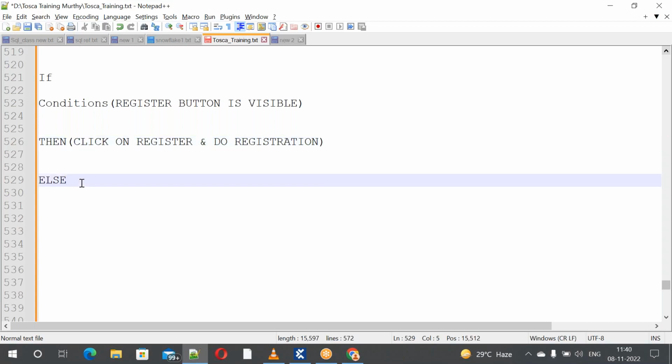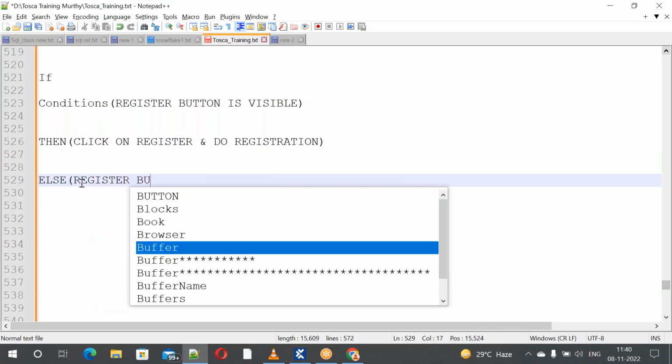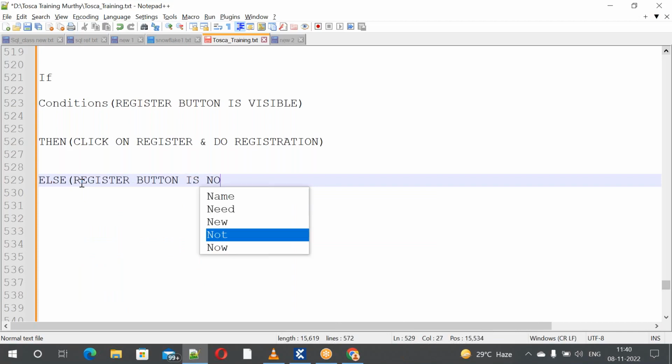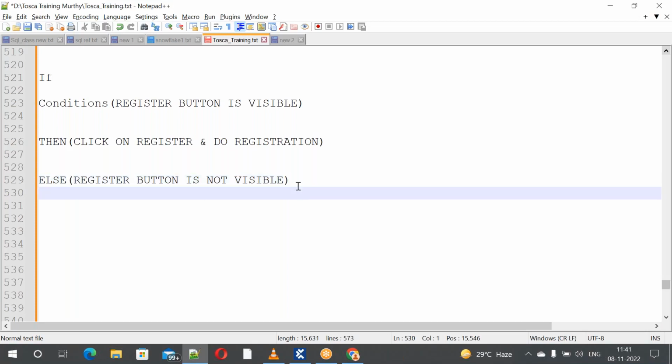Else, if the register button is not visible, the condition is not satisfied. Again, what you are going to do here is, when the register button is not visible,